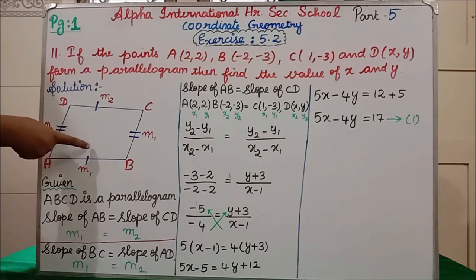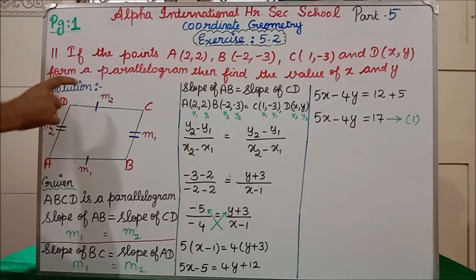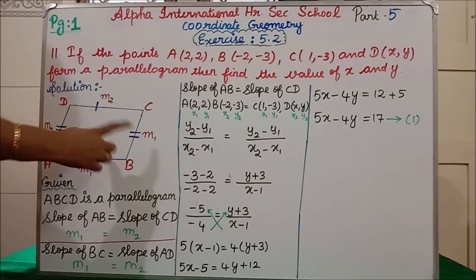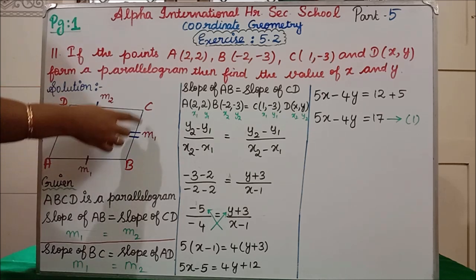So here I have written one line, here also one line, here a double line, which means this line AB is equal to DC. Similarly, AD is equal to BC. These two sides are equal and these two sides are equal. We have learned this in 8th standard, isn't it? So according to that I have drawn the diagram.